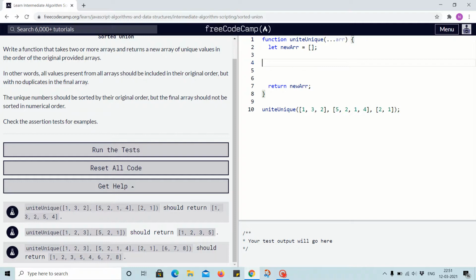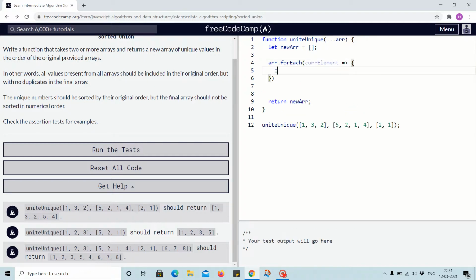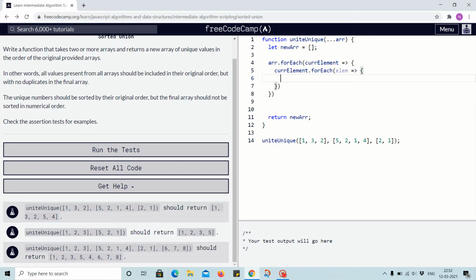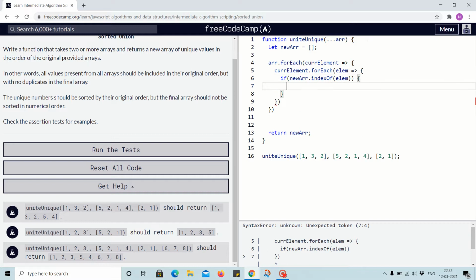Now arr.forEach current element. Okay, and inside this we have currentElement.forEach, and let's just name it elem for element, and for condition, if newArr.indexOf(elem), if a number is present,